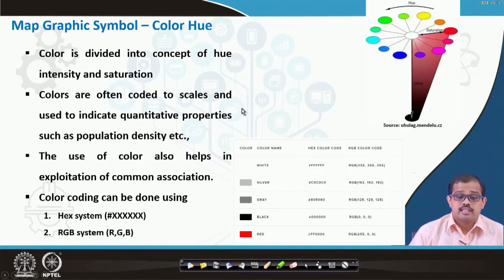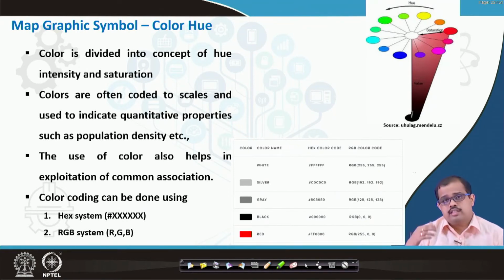Then there is color hue. Color is divided into the concepts of hue, intensity and saturation. Colors are often coded to scales and used to indicate quantitative properties such as urban density, population density, or rainfall intensity. The use of color also helps in exploiting common associations.